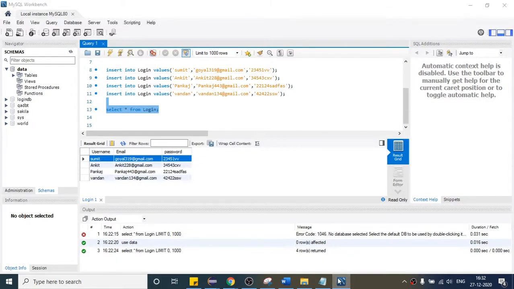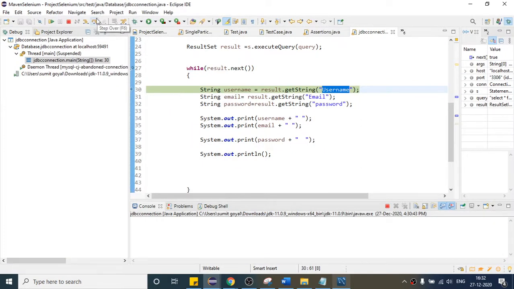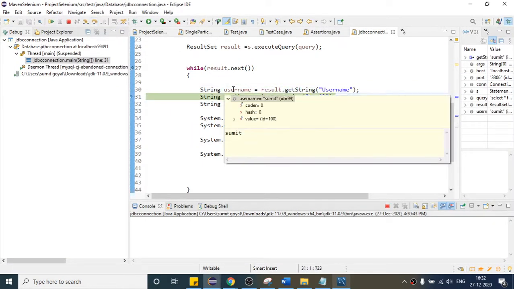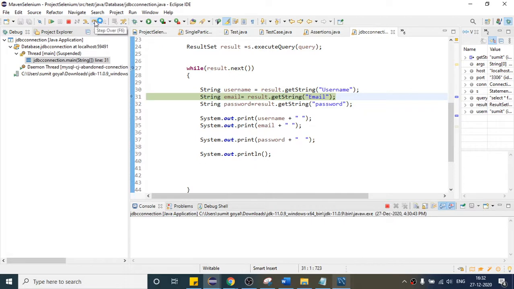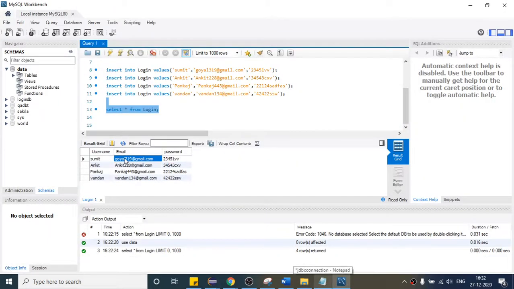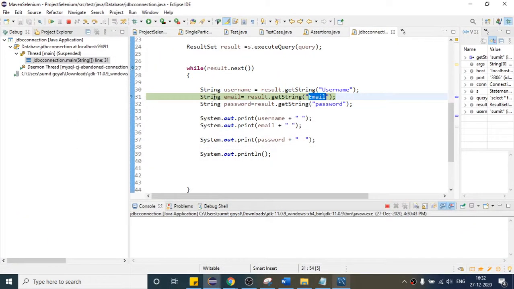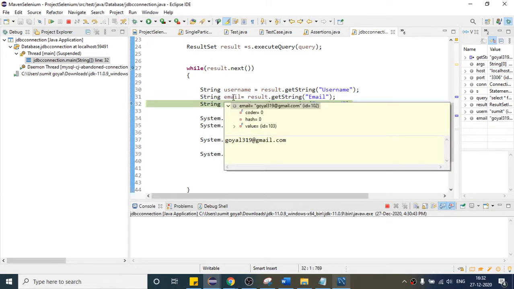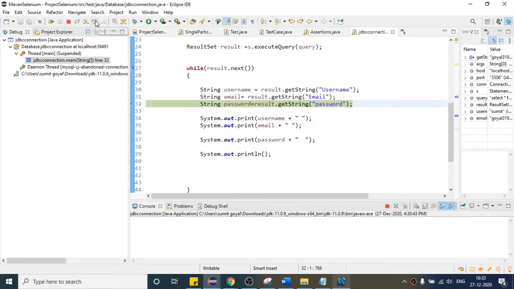So the username is Sumit. And after that, I am saying from the email column of the first row, get me the data of email. So it will give you this data the first time. So email is this one, and the third one is password.